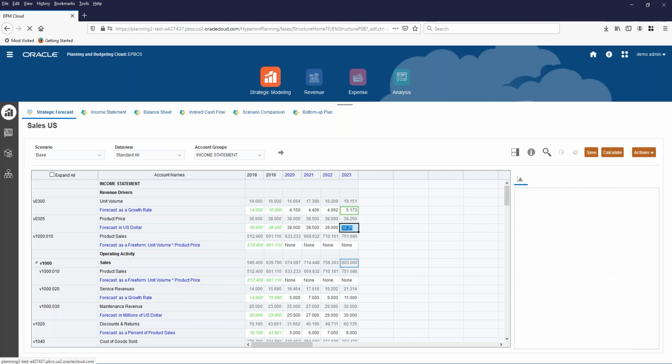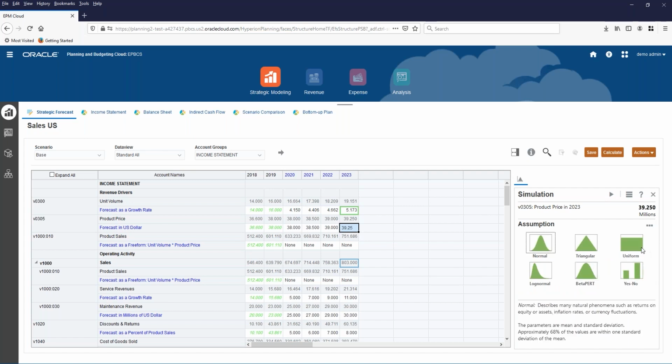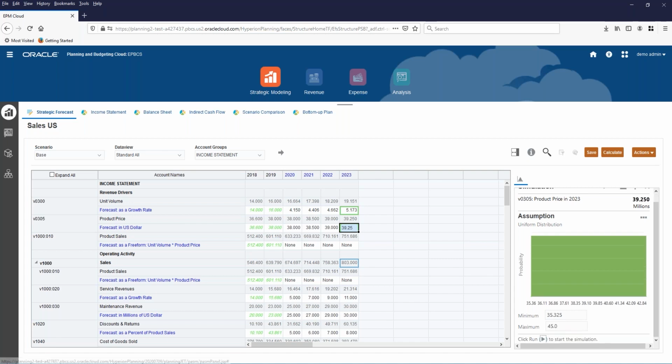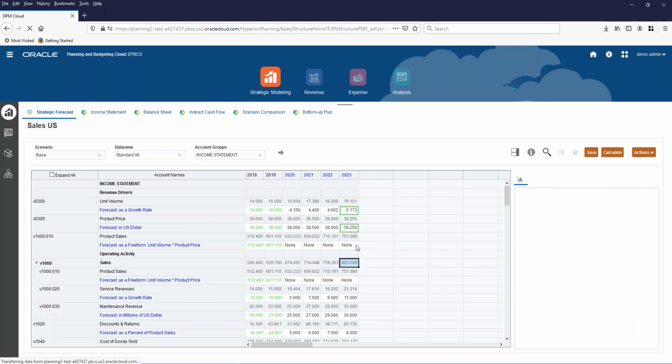Same thing for the product price. I want to set an assumption based on my product price, so I'll let the simulation object load, click Set Assumption, and pick a uniform distribution. Then I'll set the range. I may want to go a little bit higher, up to 45, so the product price range is going to flex between 35 and 45. Now with those assumptions set, and you can see those are still highlighted in green,